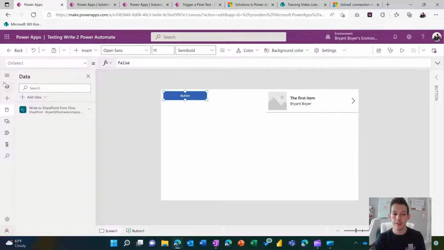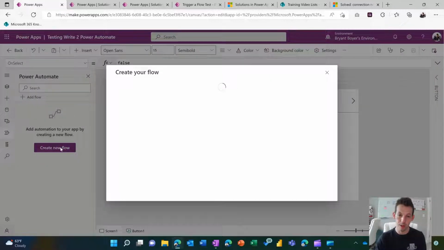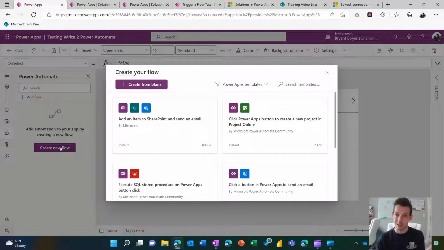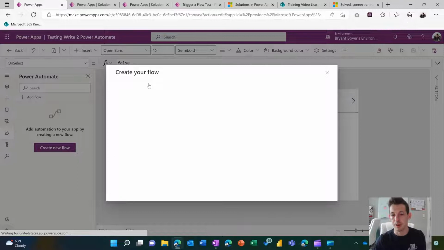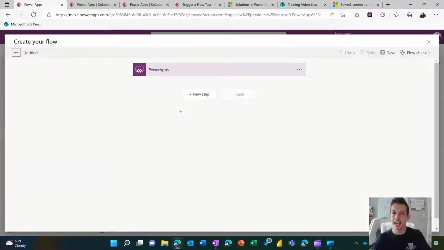Over on the far left nav bar, they have now added the Power Automate logo, the little icon. I can click it and actually create a workflow directly from this Canvas app. So I can click Create New Flow. It'll pop up a modal, giving me all the templates I can choose from, but I'll just click Create from Blank. This is going to be a very simple workflow, and what I'm going to do is trigger from Power Apps to create an item in my